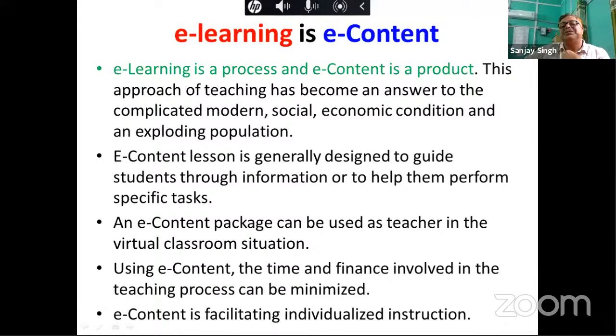Here, one of the points is that an e-content package can be used as a teacher in the virtual classroom situation. Yes, nowadays, see, many webinars and seminars are going on where the same lecture is being delivered by an expert. In that case, what we have seen is that the expert has made a video of his or her lecture, and that lecture is played on the platform of the webinar or seminar, and the person is also sitting there,